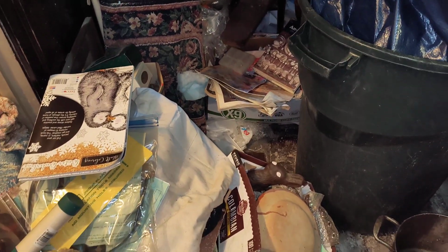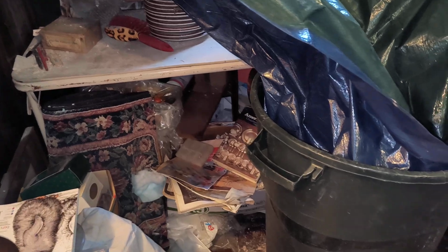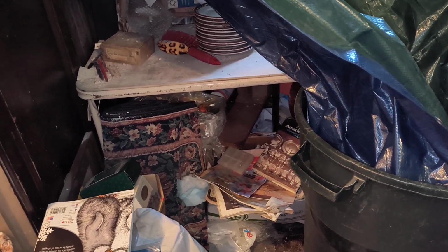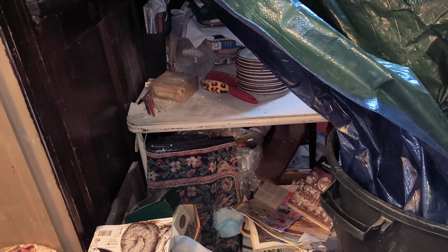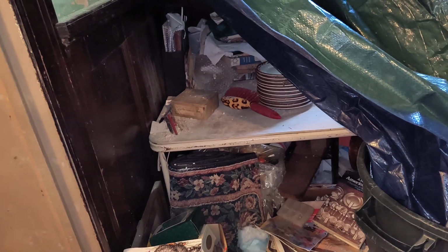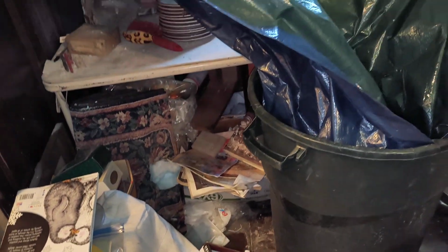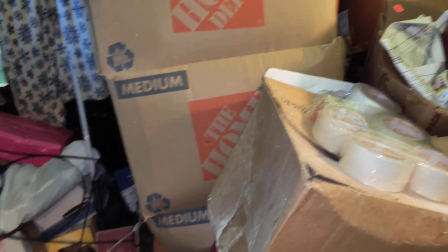But this is where things are right now. It may not look like much since the last video, but that's because yesterday my heart just said, you need to stop. I started getting racing heartbeat off and on, and I know that means I've just pushed it too far, so I just rested a lot yesterday. Took naps, but today, once I get this and that done,